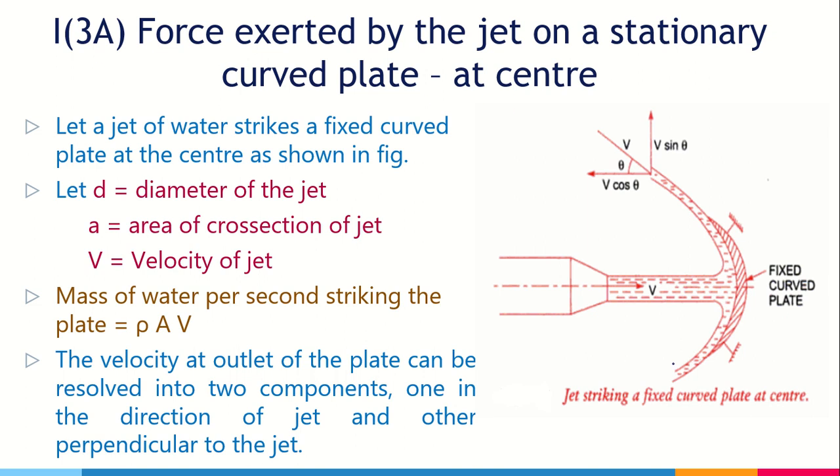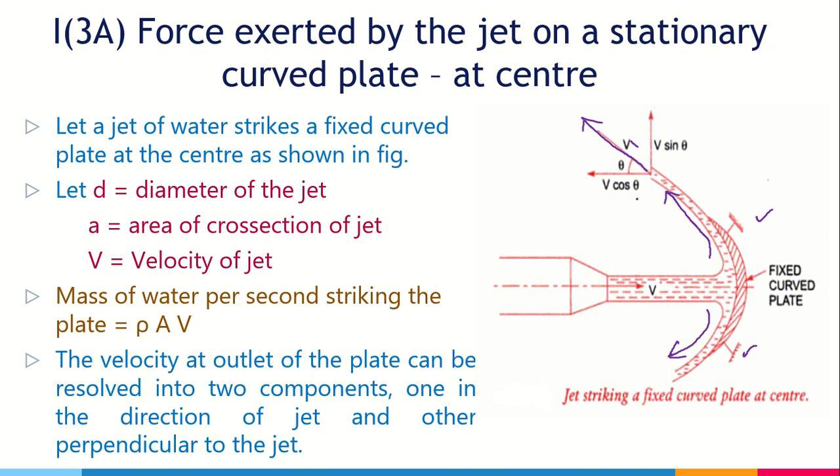Okay, so now this is the figure for us. So you can see here jet of water coming out from the nozzle with a velocity v striking a curved plate. Here you can see the shaded one is the curved plate which is fixed. This symbol indicates it is fixed. Okay, so now water after striking the curved plate, what it will do, it will glide over the plate and it will come out like this. Okay, so again here the water is coming out like this in an inclined manner.